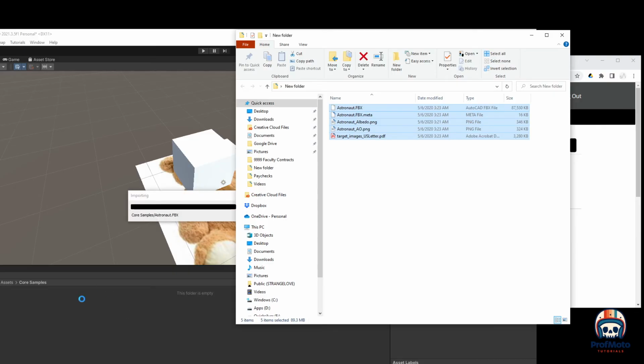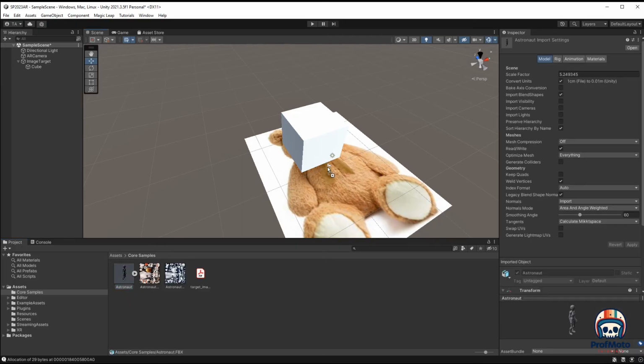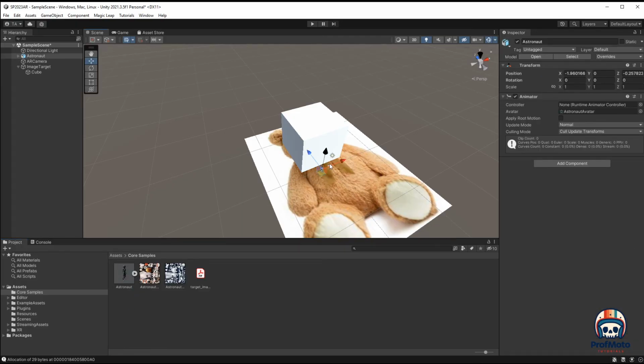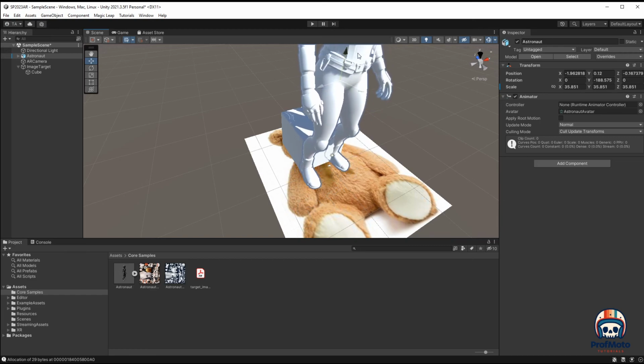So I'm just dragging it into the project folder. There we go. And I can just take that astronaut, scale that astronaut way up, spin the astronaut around, place the astronaut